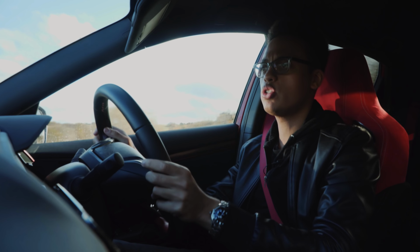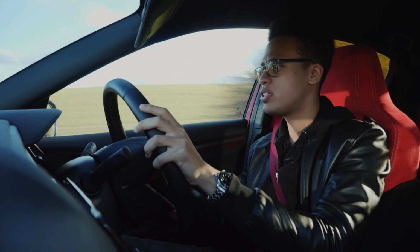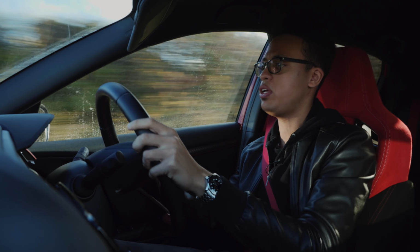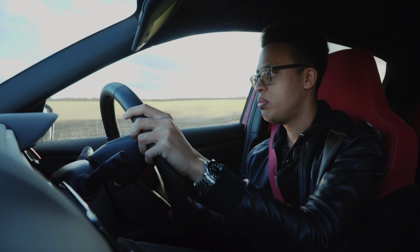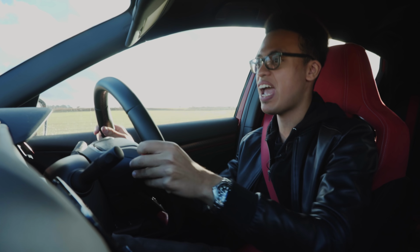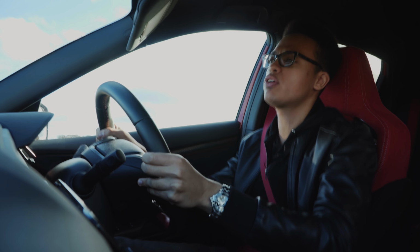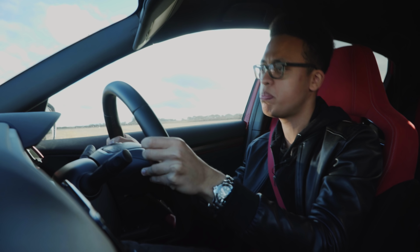With this, it's not too quick, it doesn't feel nervous. What I do love is the balance. This car is beautifully balanced for a front wheel drive machine. But again, you just want to wring its neck. The engine just wants revs. Obviously it's not a screamer of the past, but